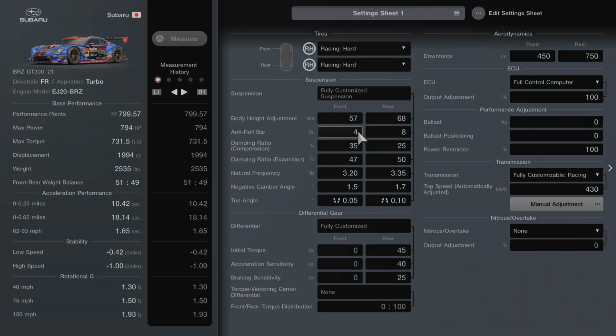For the anti-roll bar, I have it 4 and 8, 4 for the front, 8 for the rear. The compression, you want 35 on front and 25 rear. And then for expansion, you want 47 front and 50 rear. For the natural frequency, once again, like with the